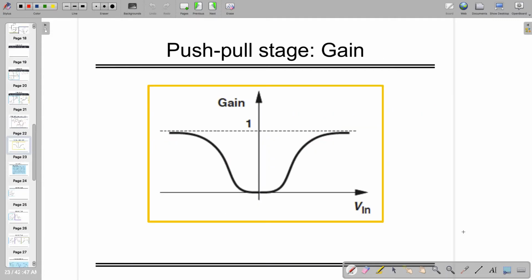And just for the completion, you can see that for the middle range from VBE1 to VBE2, the transistor is in cutoff between VBE1 and VBE2, and gradually when we are going this side, Q1 conducts and Q1 is in active mode and Q2 cutoff, and here Q2 is in active mode and Q1 is in cutoff, and accordingly you can have the gain. So in between these two values there is no gain,